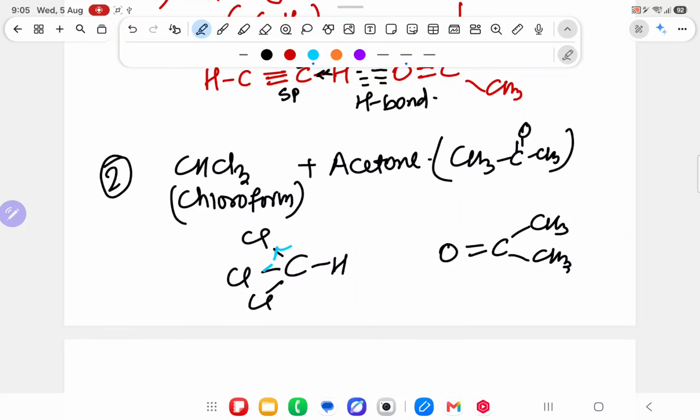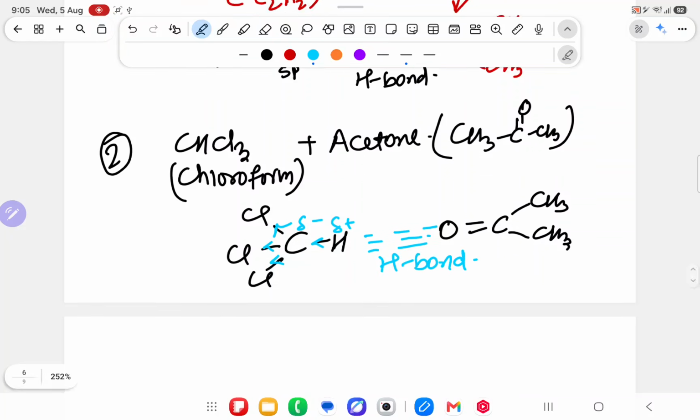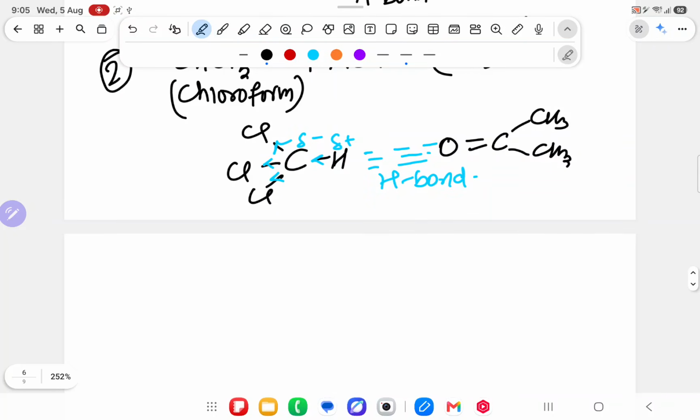Now chlorine is more electronegative, it will take the electron. So because of that carbon will automatically get delta positive, and it will get delta negative, and here it is forming hydrogen bond. Understood? Next example is the example of